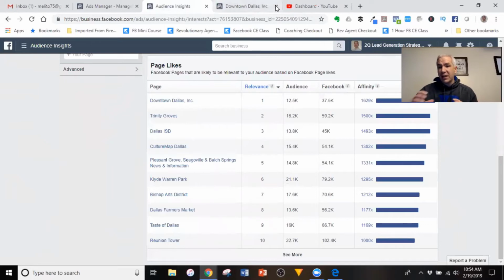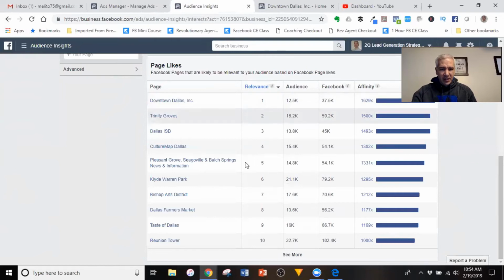So what I would do is either keep a spreadsheet or a notepad as I'm doing this research, and I would simply be writing these pages down because this gives me the specifics about your local area. This is how I know what pages to be targeting in your local area. So you've also got, as I keep going down here,